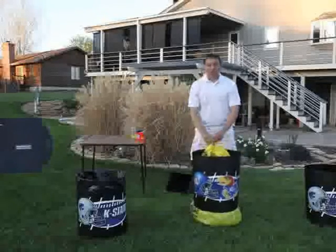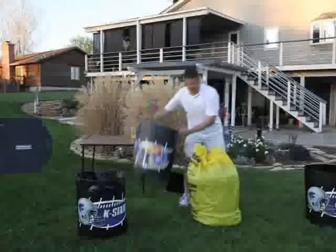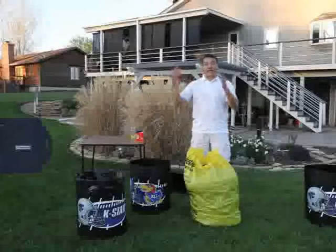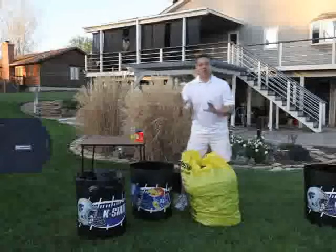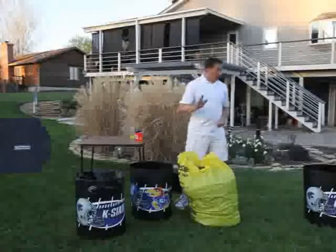Okay. Now, once again, we have handles on the side. Let me show you how great this is. Look at that. You don't have to fight the bag. You don't hurt your back trying to tug it out of a container. You lift the Bag-Caddy over the top. That's plastic on plastic. You use the handles. You lift it up. You set it down. You drag your bag off. If you need to use it again, drop it, lock it, and load it. How great is that? Okay. Now, when you're done